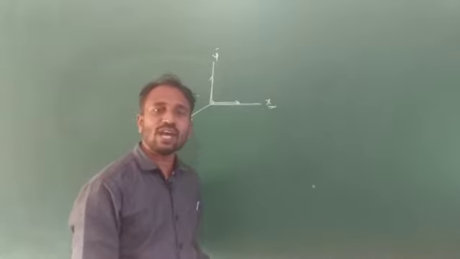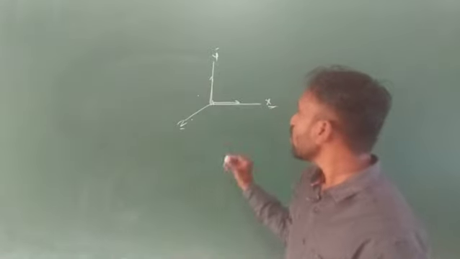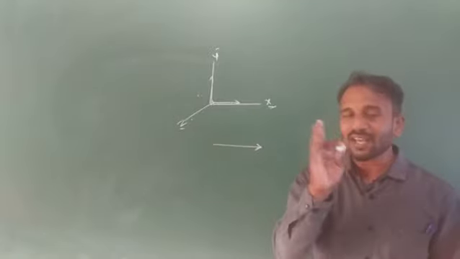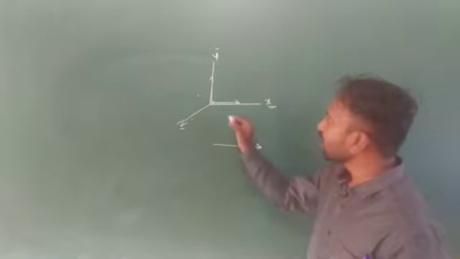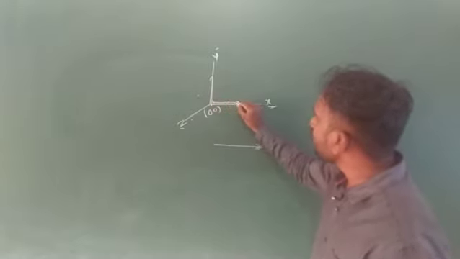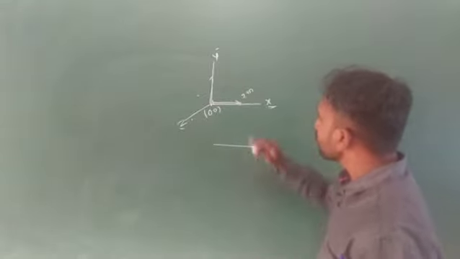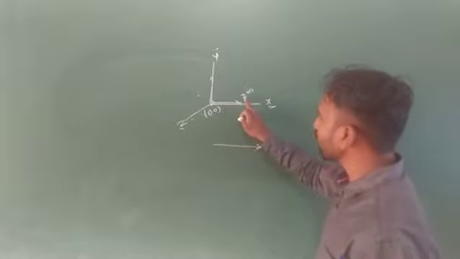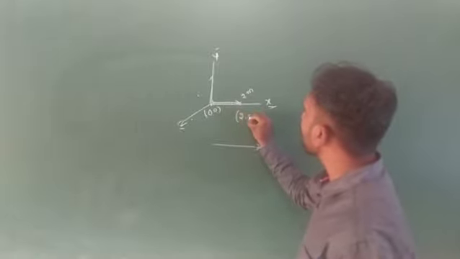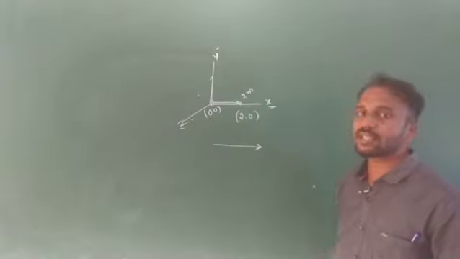Suppose here we consider 1 dimension. One dimension means an object traveling along a straight line. It means we consider only one axis. For example, here we consider the object present at the origin. It travels along the x-axis, and its distance we consider 2 meter. So 2 meter along the x-axis. It means the y-axis value is 0. For this reason we consider the coordinates 2, 0. Why? Because along the y-axis the value is 0, and along the x-axis we consider 2.